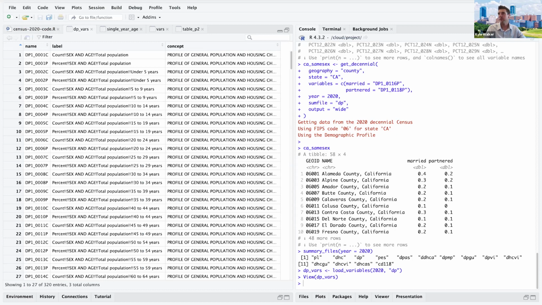And so one of you asked, can a researcher decide what data set to use? For example, DHC versus DP. The DP data come from the DHC. So you're really using DHC data if you're using the DP. The DP gives you pre-computed percentages or tabulations, which makes it so that you don't have to calculate out, say,